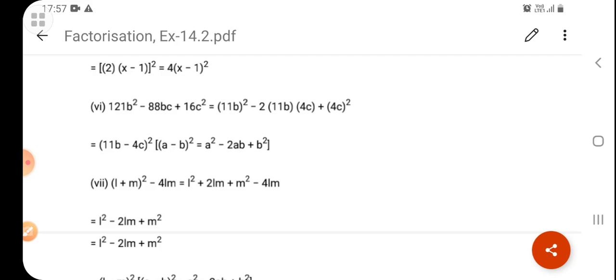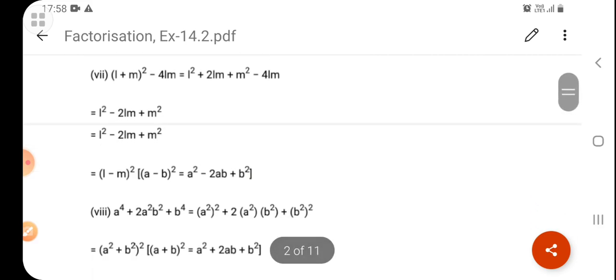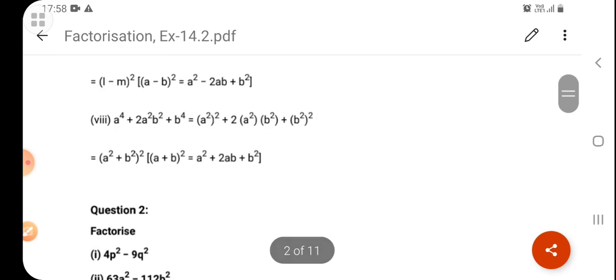Okay, so here middle term splitting is not done. Here we are using the identities which are a plus b is whole square and a minus b is whole square, because the question is directly given in this form, in this identical form, that is a plus b is whole square and a minus b is whole square. So l plus m's whole square is l square plus m square plus 2lm. Okay, we have to fit in this identity and break it in the l minus m square.